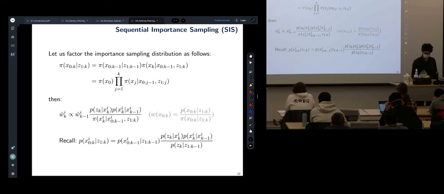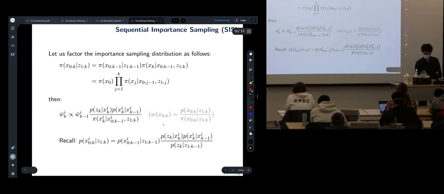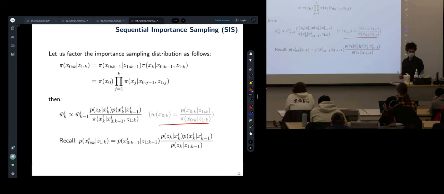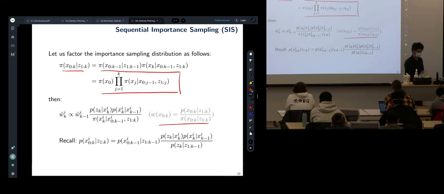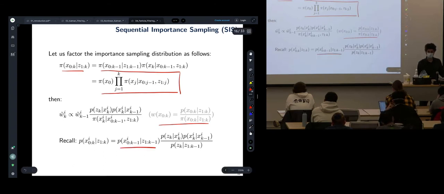What about the weights? The weights were the distribution of the true posterior and the proposal distribution. We managed to factor pi like this. How about we factor the true posterior as well? Now, this is exactly equivalent of what we did in the upper part. P of xk